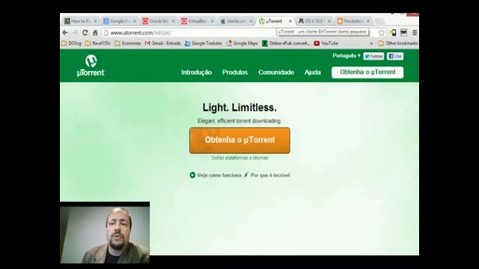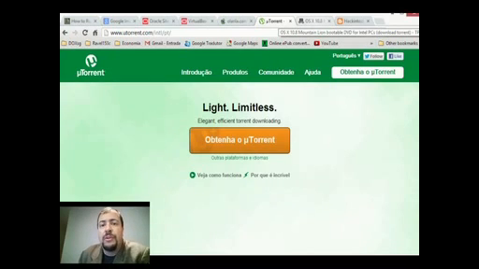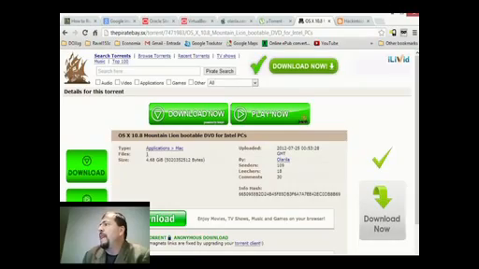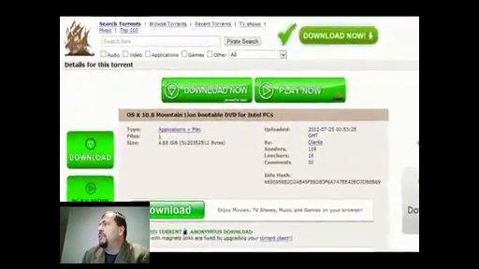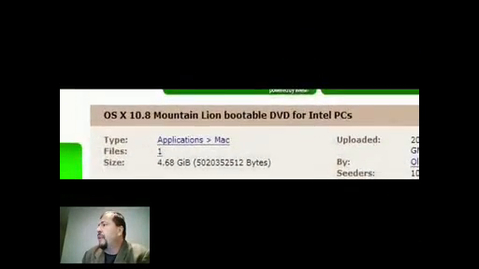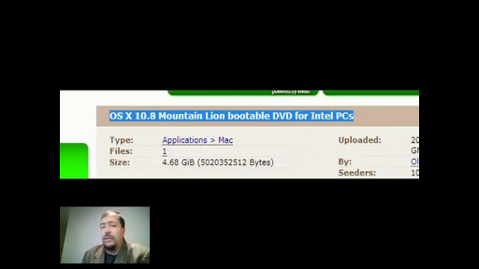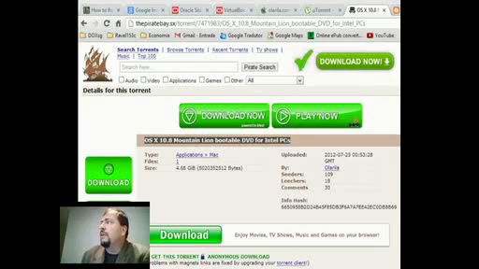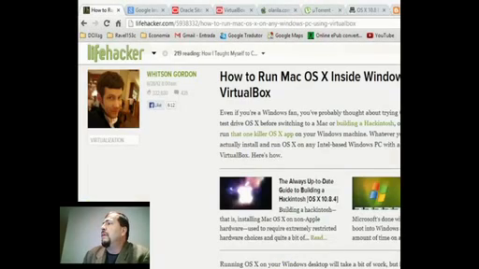And you can use your favorite torrent tool. We are using MicroTorrent, which is free. We perform a search on the torrent websites, and we find this image that works fine for us. It's OS X 10.8 Mountain Lion bootable DVD for Intel. This ISO image is about 4.5 gig in size,